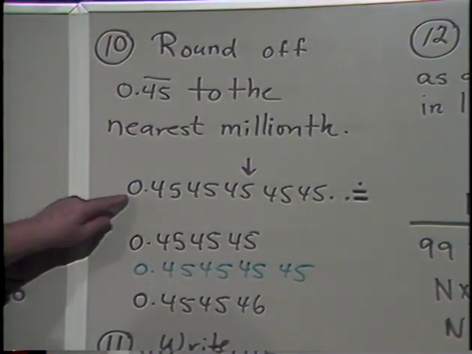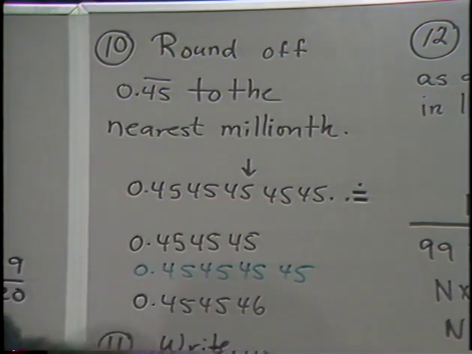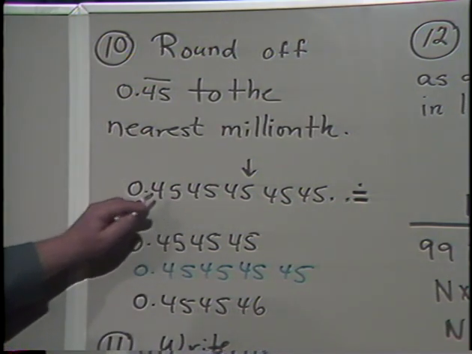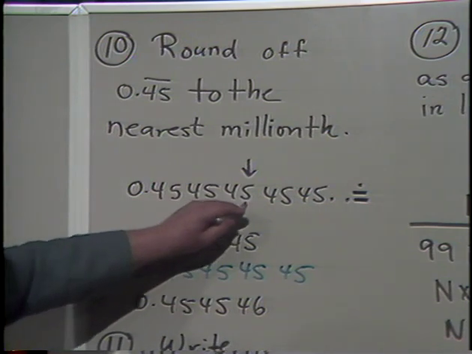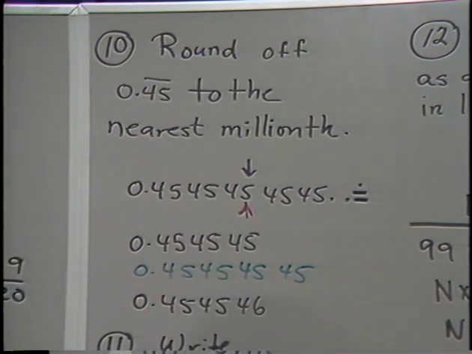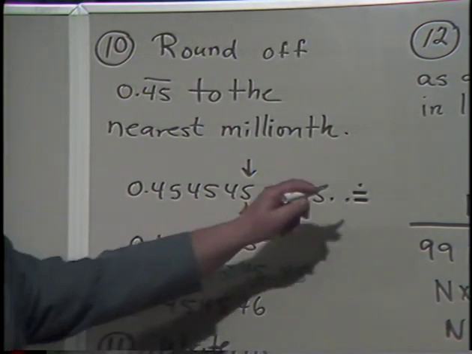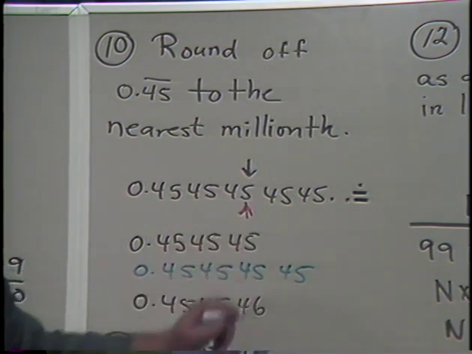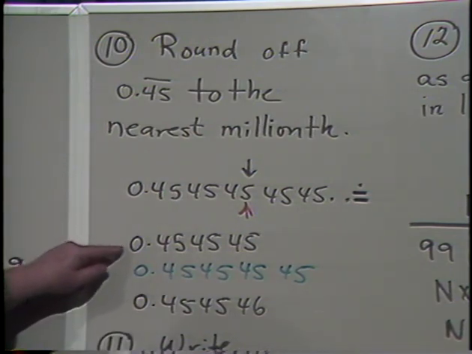So all you do is you write down 0.45454545. Once you get down to this, you count to the millionth place. You see tenths, hundredths, thousandths, 10,000s, 100,000s, millions. So that's in here. What do you do next? You look to the digit immediately to the right. If that's less than 5, you just drop everything. See, don't bother putting in zeros here, because zeros are the same as nothing, because if there's nothing there, there's none of that denomination. What does this round off to? In other words, to the nearest millionth,